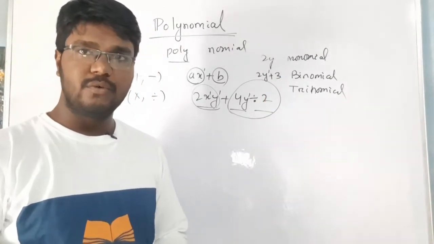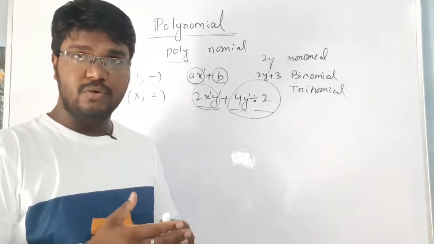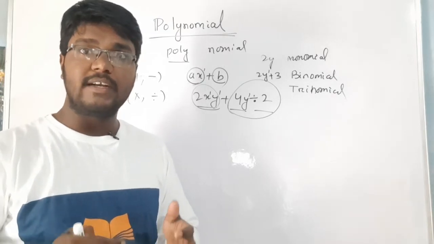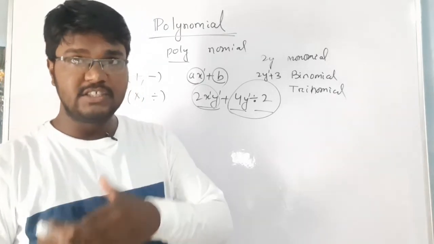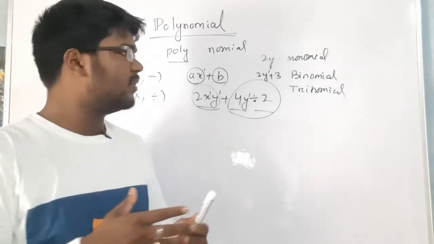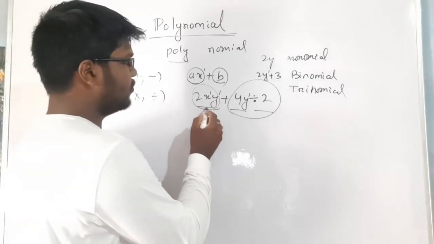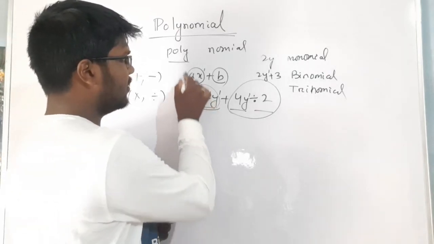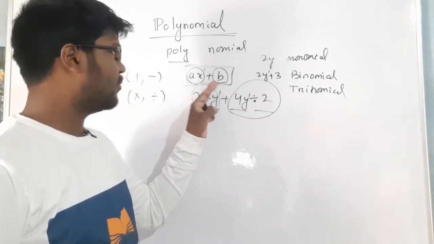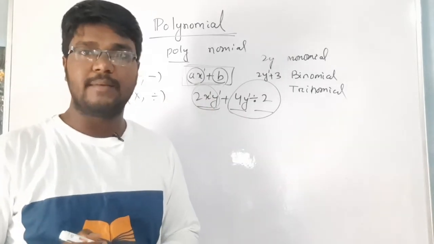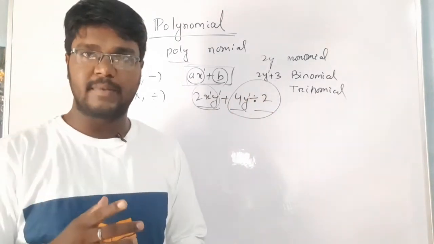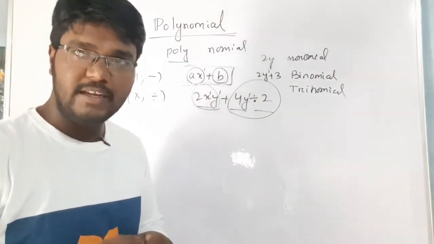Then after that we will discuss its zero. What is zero of the polynomial and what is zero polynomial? Sometimes we get confused about these. Before that I am telling you about the variables. Here we have used two variables, x and y. Here this is one variable. This type of polynomial will be considered as a polynomial in one variable. There may be x or y as the variable. So this will be considered as a polynomial in one variable.